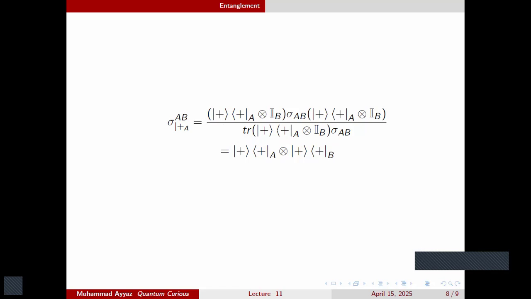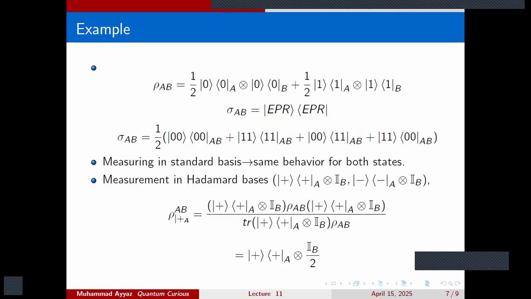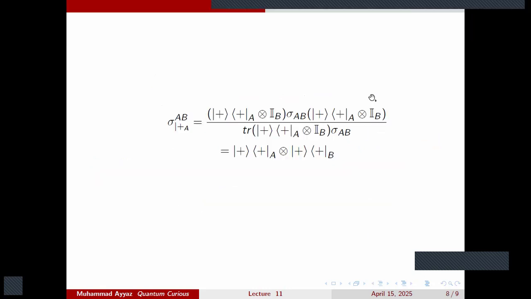And we could see that this is quite different from the state that we saw in the case of ρ_AB, which is just the mixed state, a probabilistic mixture of 0 and 1. So we could see that the quantum correlations are quite different and much stronger in the sense that they are not dependent on the measurement basis. They are going to give correlated results, and these correlations are much stronger than in the classical case.